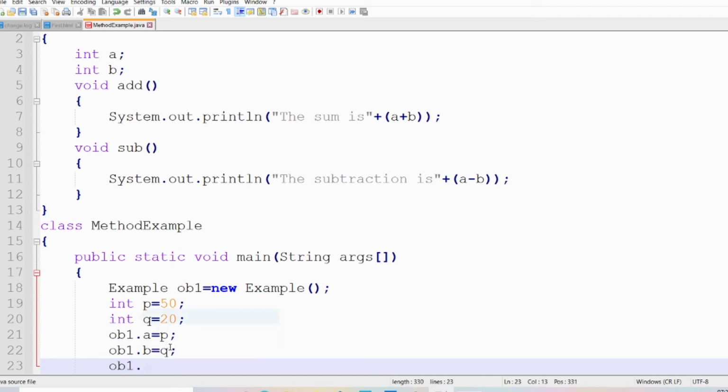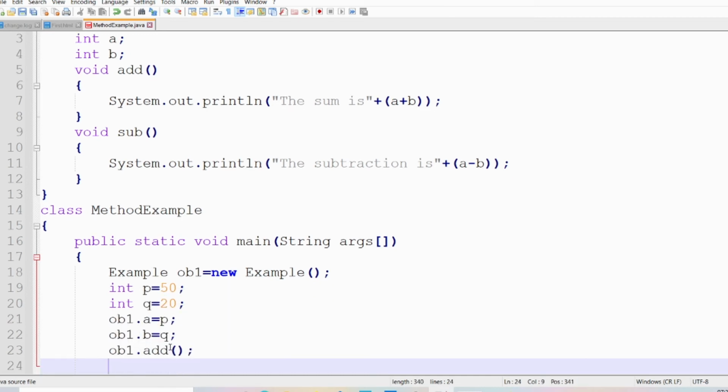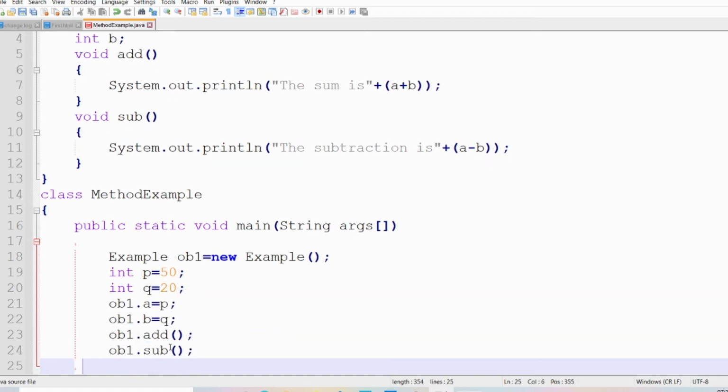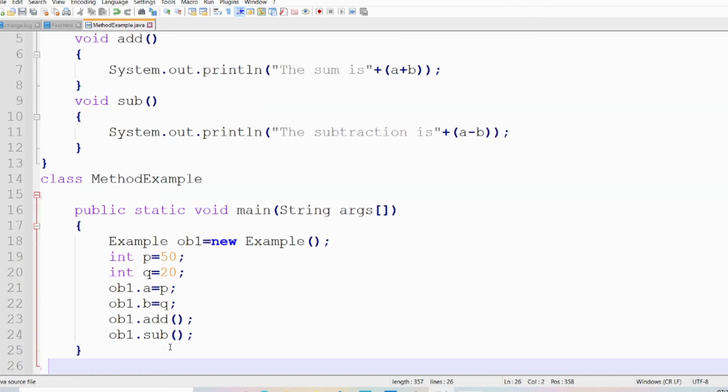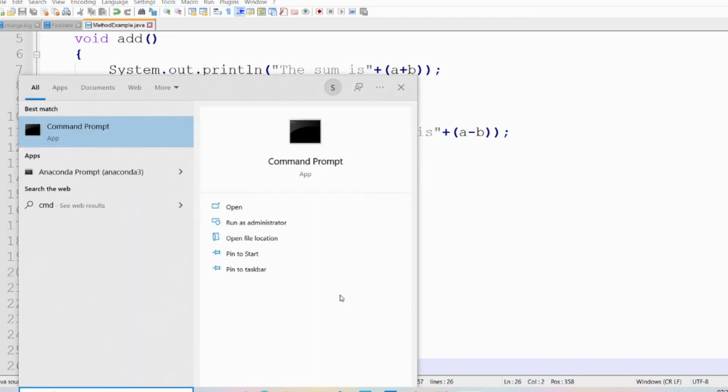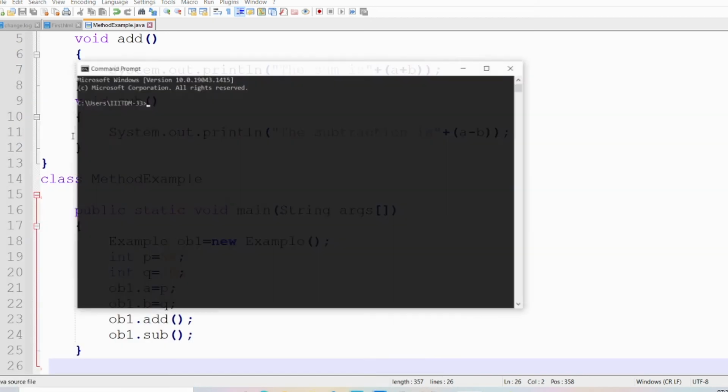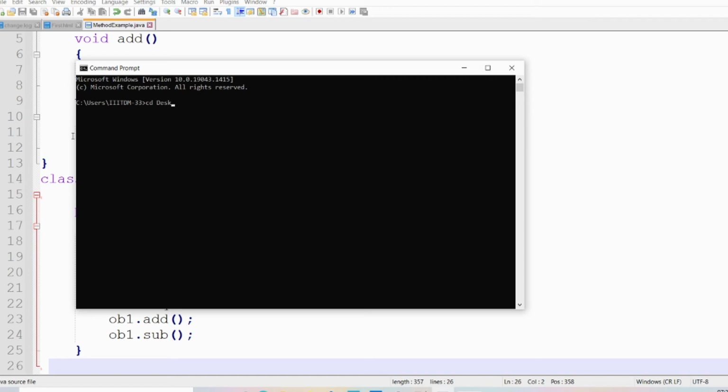Now I will call the method add, and similarly the method sub, using the object ob1. Now let me close the main method and the class MethodExample. To compile and execute the program, I will go to the command prompt. All our programs are in the Desktop Java programs folder, so I used the cd command to change the directory. Now let me compile the program, which is